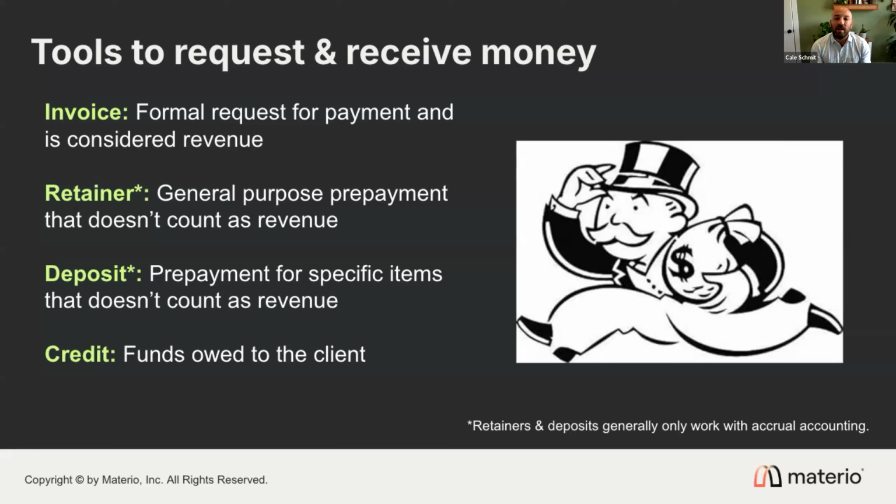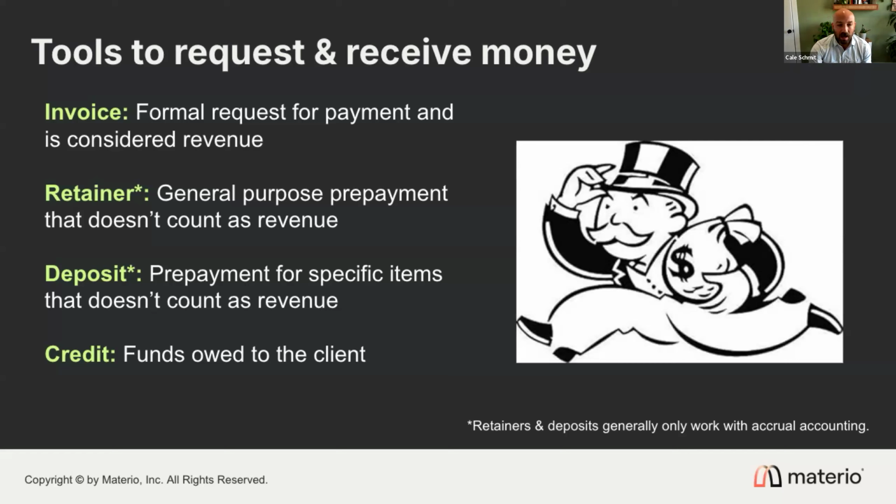And so that money is held and can only be used to pay for those items whenever you create an invoice. And we'll go into the workflows of how that looks here in a minute. But just in a general sense, always remember that a retainer is general funds and a deposit is for